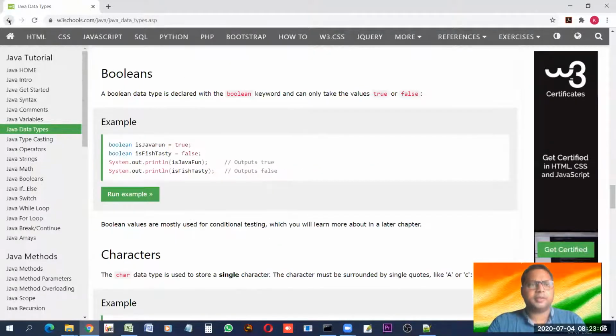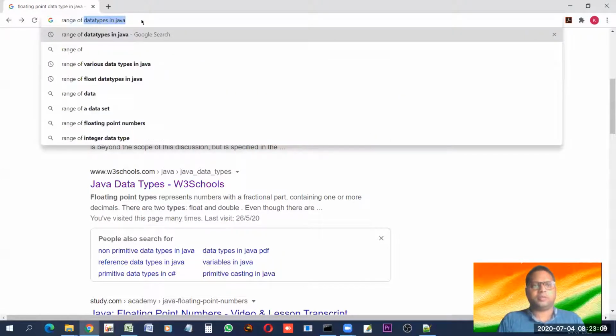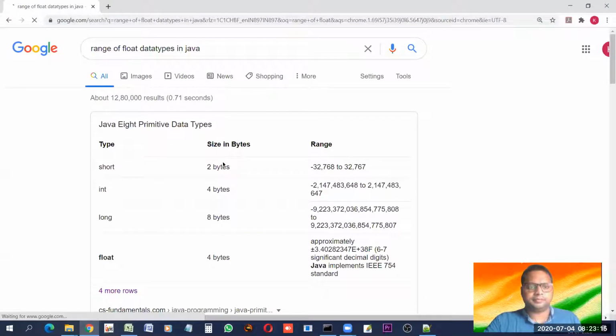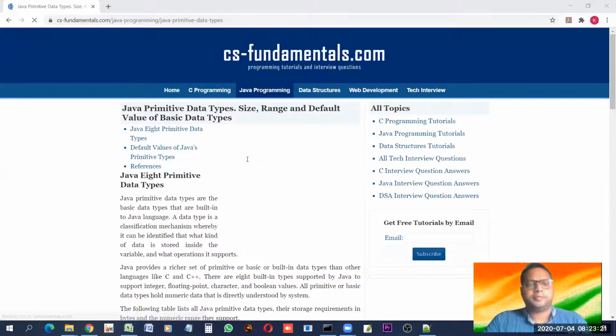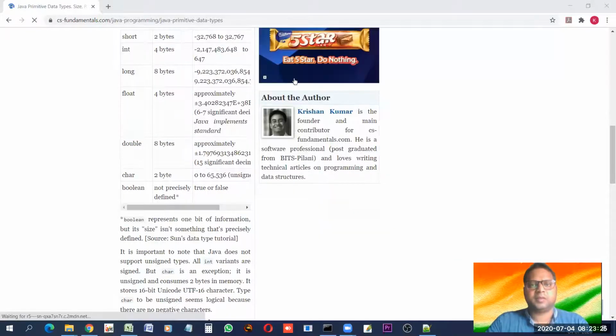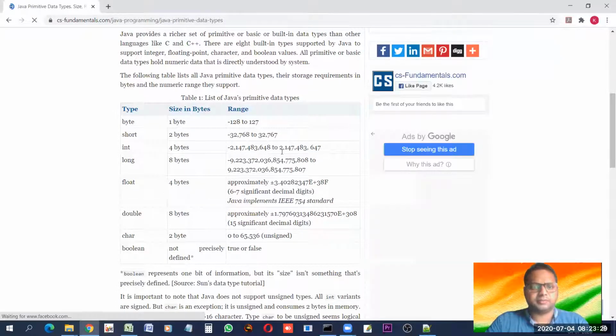Range of float data type in Java. A lot of ads are there. Look at this.